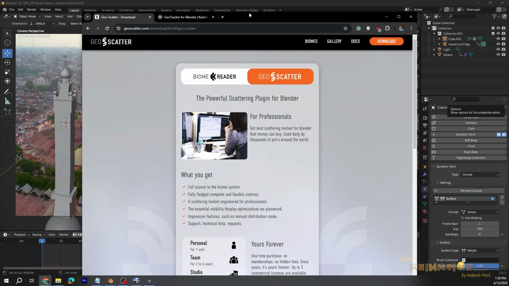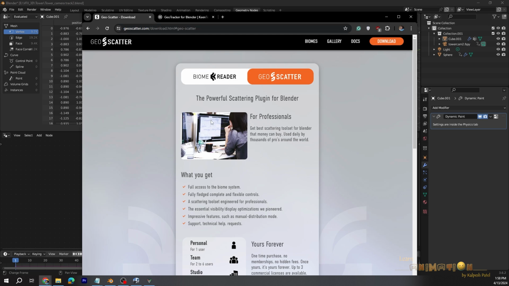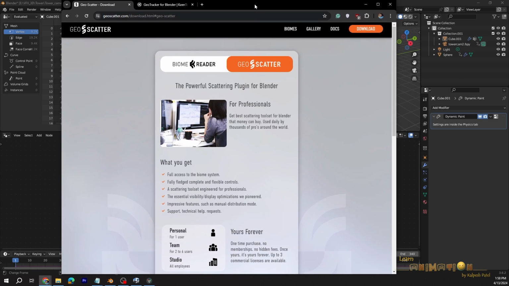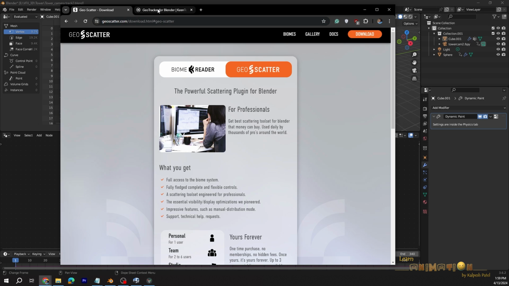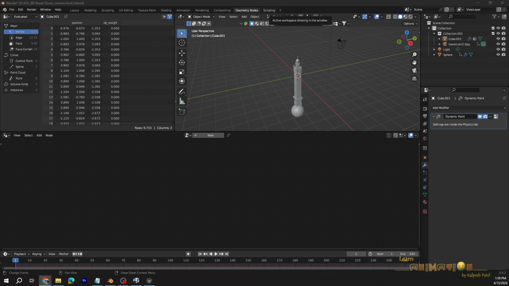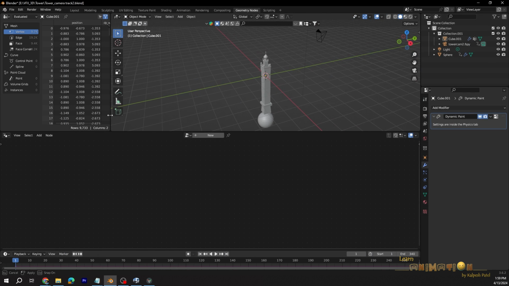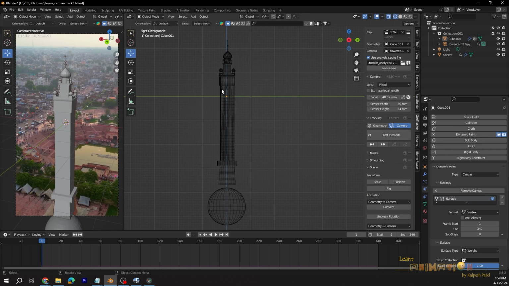If you have any question about that, just let me know, so I'll explain how to install it. Or else I'll put a link into the description of the channel from where I got this GeoScatter and the Biome Reader. So it's very easy. Let's begin how to put the flowers and the plants into our scene.